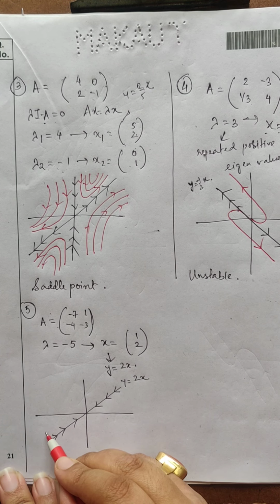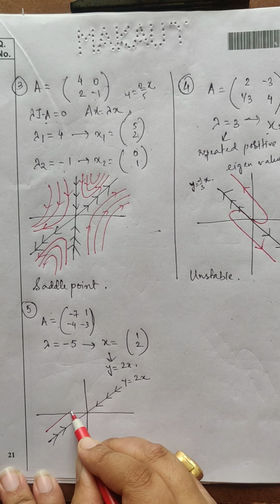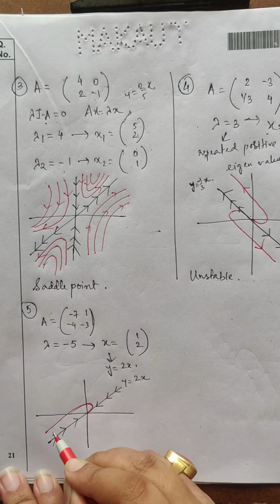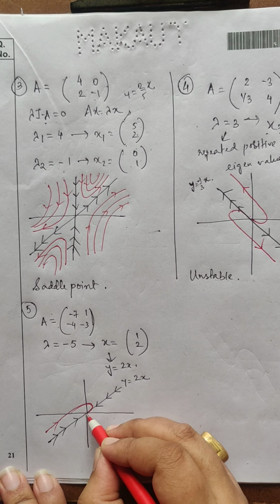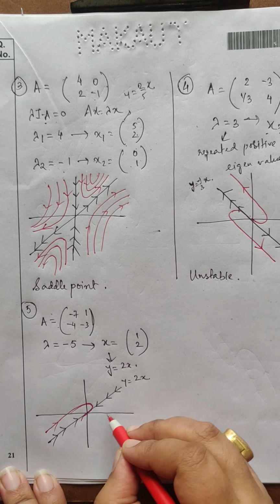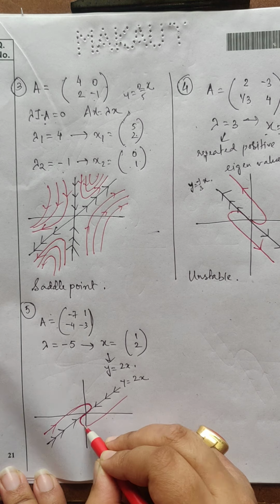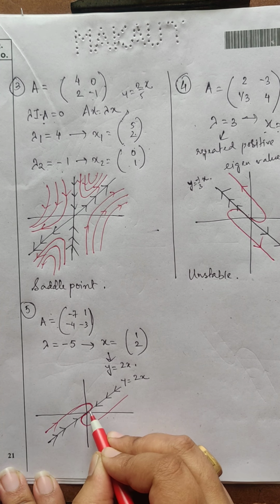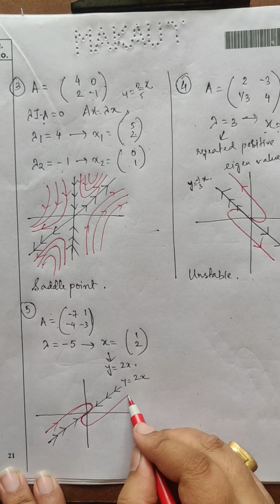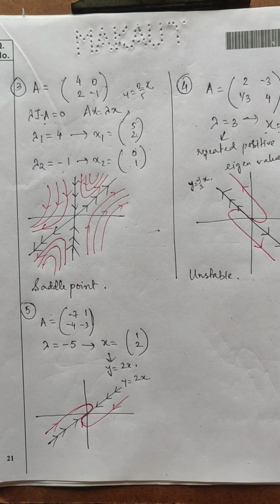So our phase portrait starts like this. It will start here and end up here in this place. Same way for this also, it will start from here and end up here. So one arrow will start from this coordinate and end up here, and the next one will start from here and end in this coordinate. This is my phase portrait when I have